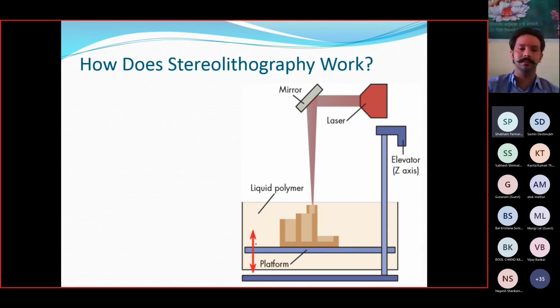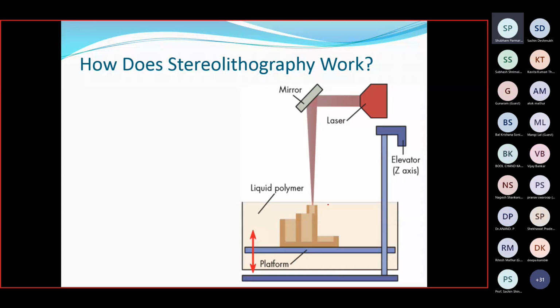This tub itself has liquid polymer in it. The laser will start beaming light, which is reflected from this mirror and comes here, and with this light this liquid polymer will be hardened into solid form, exactly on that part.